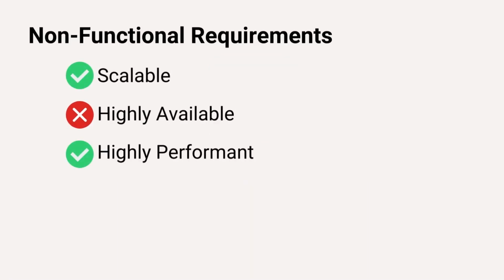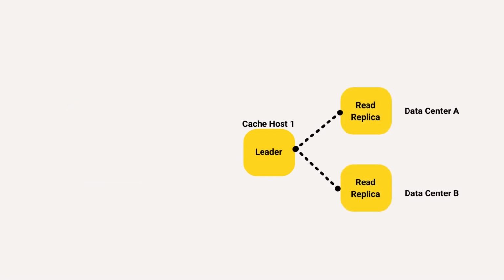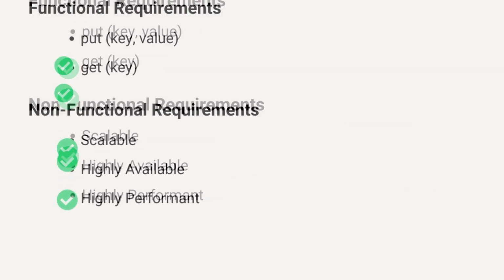But high availability is not there at all. If some shard dies or becomes unavailable due to a network partition, all cache data for that shard is lost, and all requests to that shard will result in a cache miss until keys are rehashed. The data replication mechanism will help us to improve availability. We can use leader-follower replication. For each shard, we will designate a master cache server and several read replicas. These replicas live in different data centers, so cache data is still available when one data center is down. By introducing data replication, we are able to increase